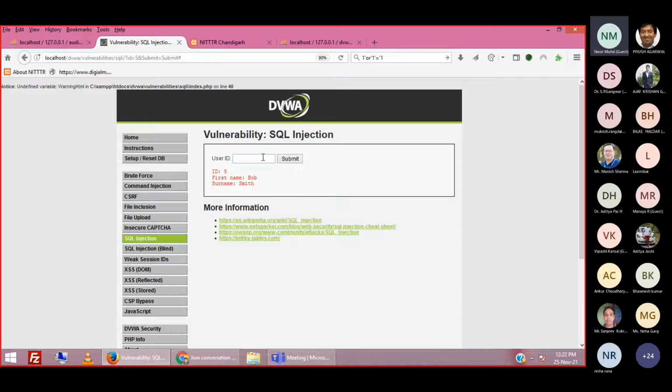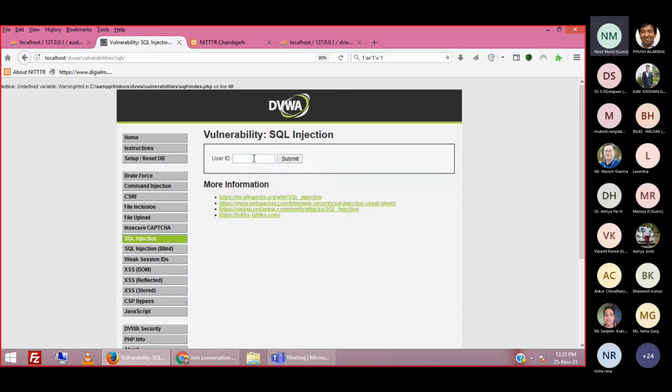If your website is doing this type of thing, then you must have this type of input box on your website, right? Suppose I'm writing here my roll number to check my result. Just consider that scenario. Similarly, this page is created by DVWA to demonstrate how SQL injection works.